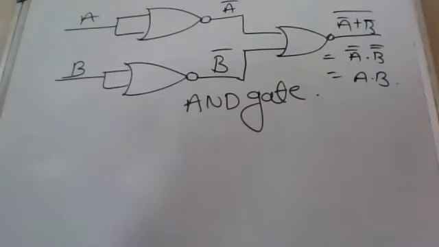In NOR gate, if A comma B are inputs of the NOR gate, so what is the output? A plus B complement is the output, and NOR gate constructed by discrete components diagram. Next, NOR gate as a universal gate, it gives the NOT gate, AND gate, OR gate outputs.